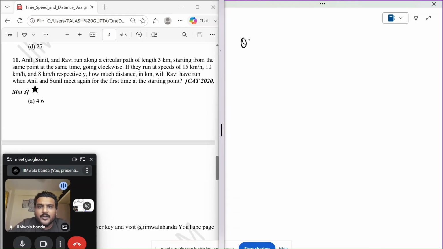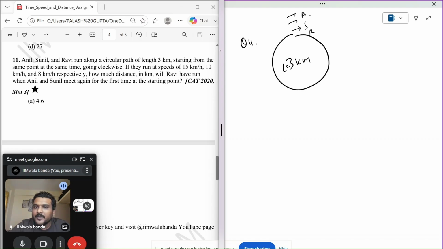Let's look at the last question. Question number 11. A, S, and R move along a circular path of length 3 kilometers. Okay, length is 3 kilometers this time and not the radius. Starting from the same point and going clockwise. So we have A, S, and R, and the speed is 15, 10, and 8 kilometer per hour. How much distance would Ravi have run when A and S meet for the first time at the starting